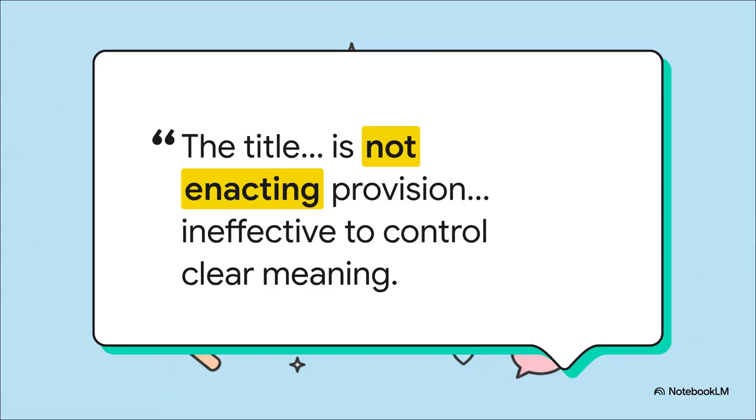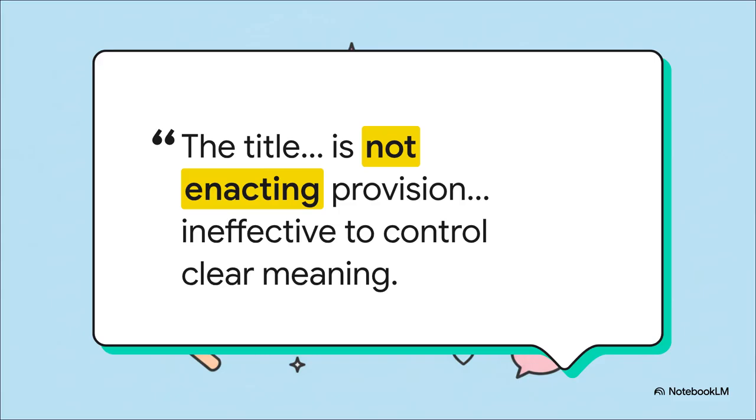So what does that actually mean for us? It means that while the long title is incredibly useful if a specific section is ambiguous, it is completely ineffective to control or change the clear, plain meaning of the text. Basically, a judge cannot use the long title to magically rewrite a clear, unambiguous law just because the title implies